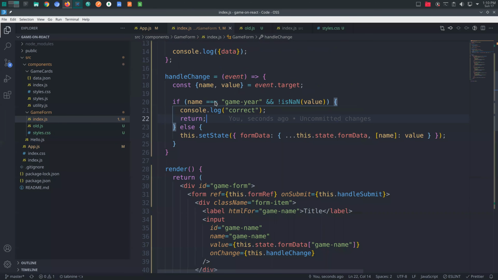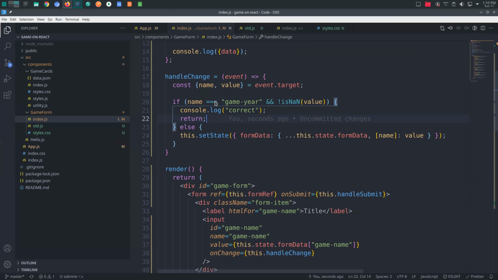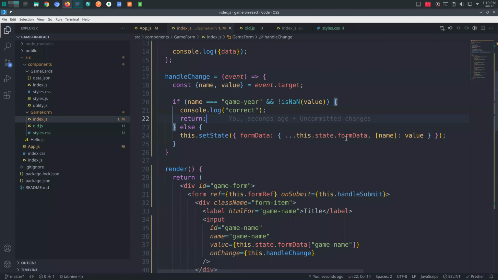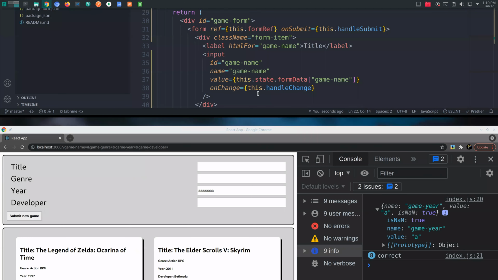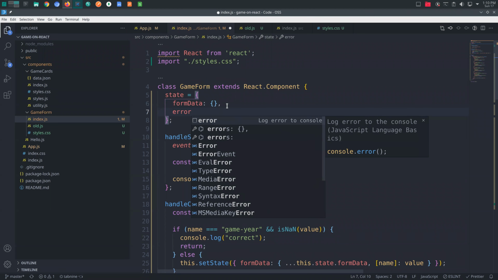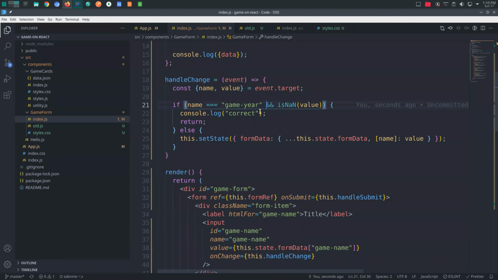Equal game year. Game year and is not a number, is true. Yes, so why are you writing? Oh, okay. We can have here errors now. That is working fine. Errors, and what we do is that here we can then